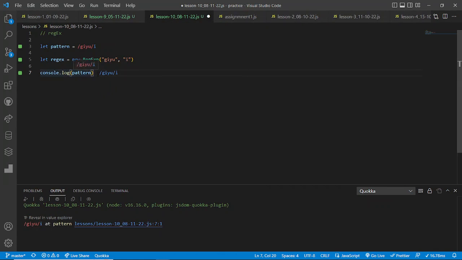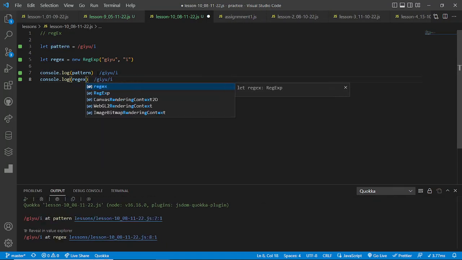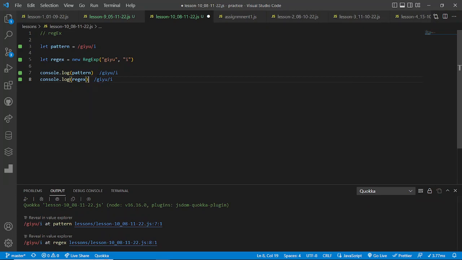Okay, right, we see that. And now let's write the other one. Regex. See, exactly the same thing. So, while this way is straightforward,